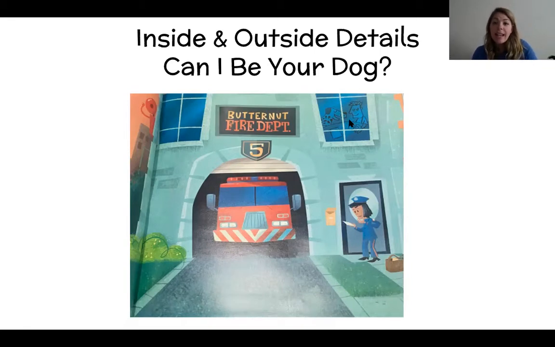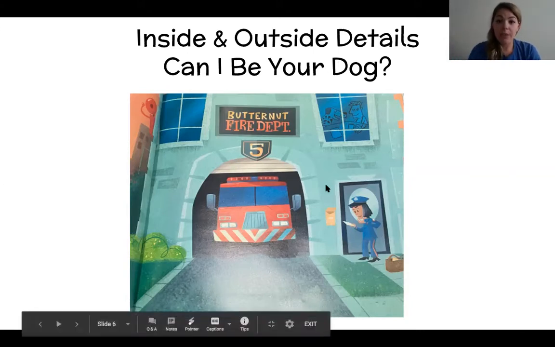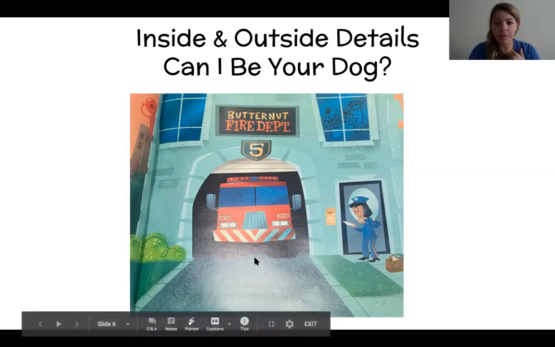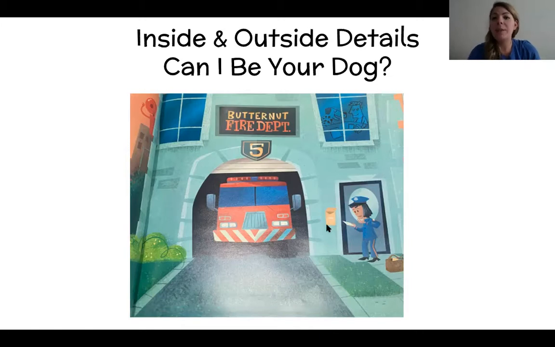So the setting has a scene of the inside where the dog is sitting with the guy here having some coffee. And then we also have the outside scene with the mail woman who's right here on the outside of the building. Okay, so inside versus outside, but they're all in one picture. And the setting of this story changes too because the mail woman walks all over town. The setting is in the town, but it's specific scenes in the setting that change from page to page.